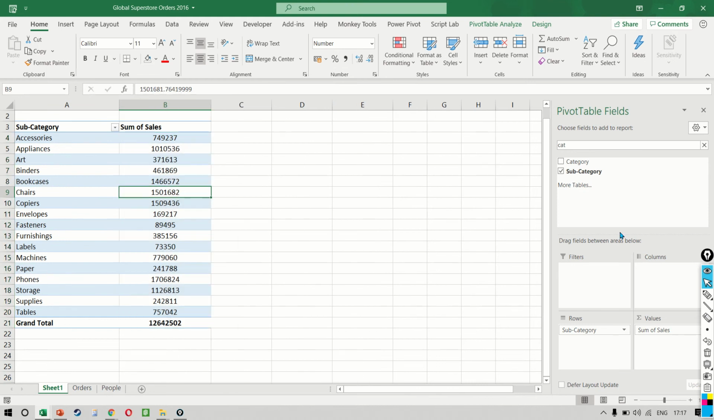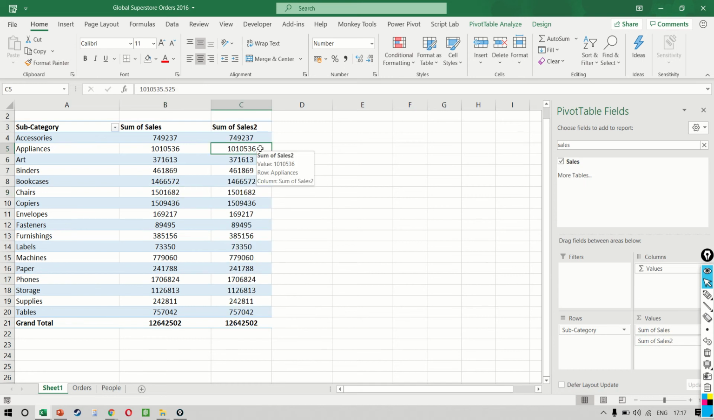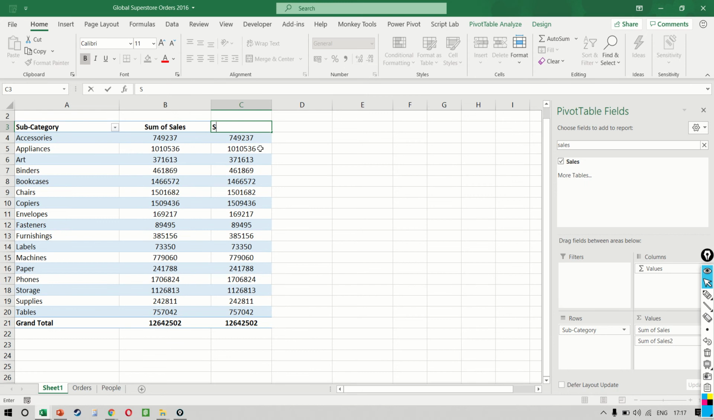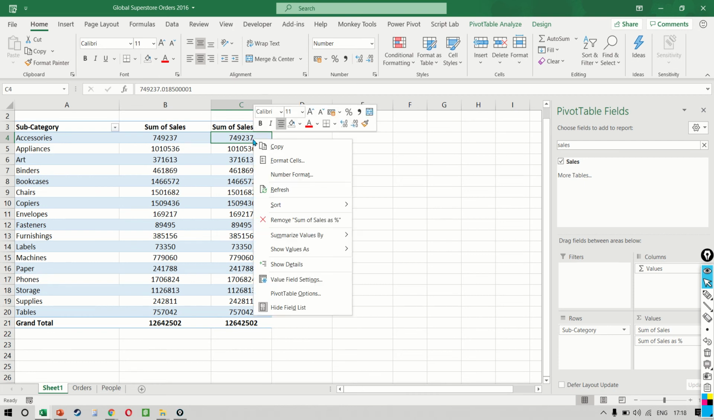Now we want to keep sales one more time. And what we want to find out is that in the first one, we want to find out the sum of sales, and in the next one, we want to find the sum of sales as a percentage. To do this, we can simply right click on the first number,